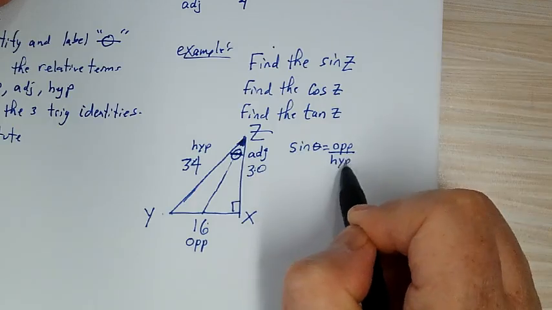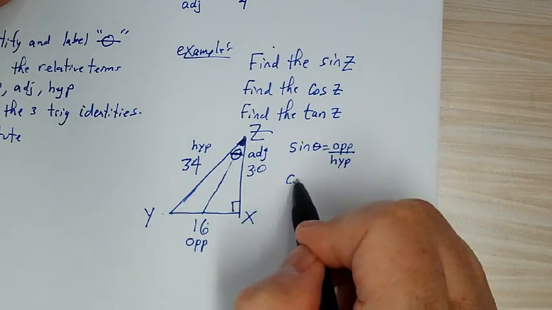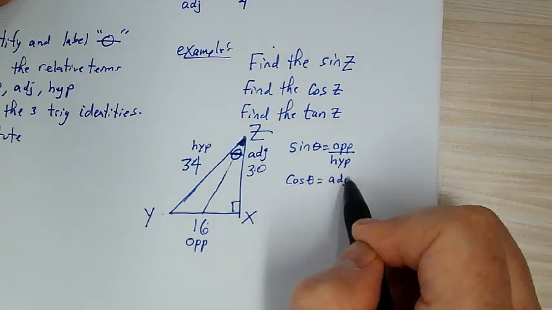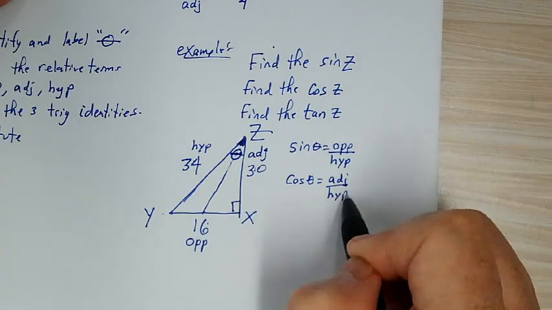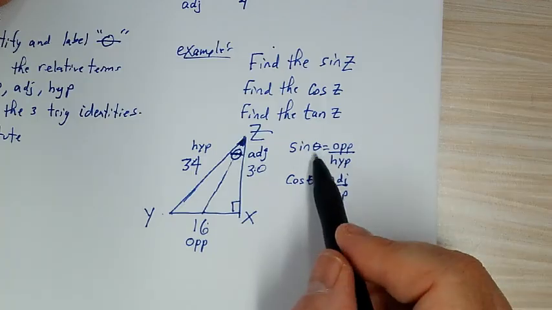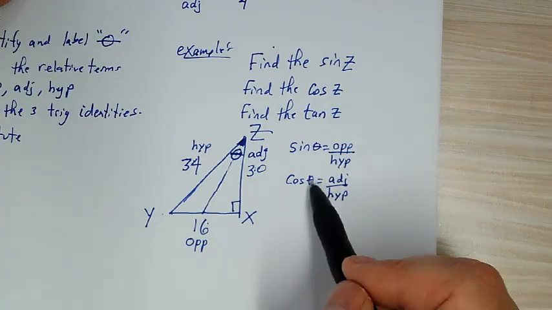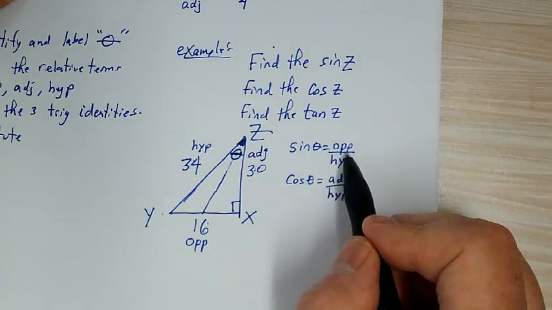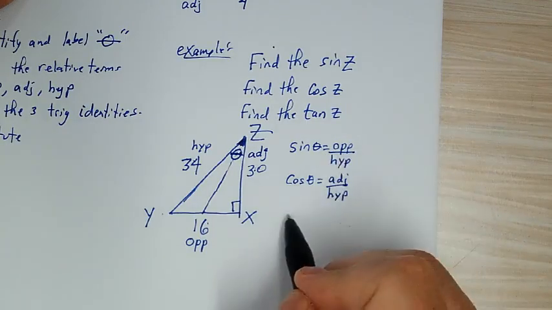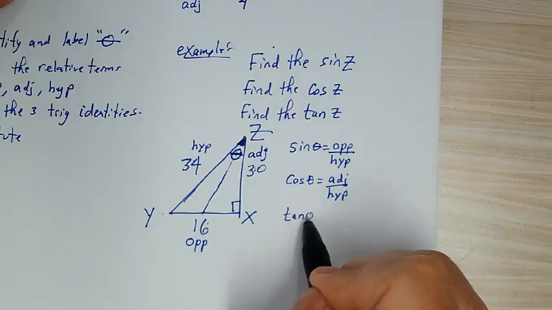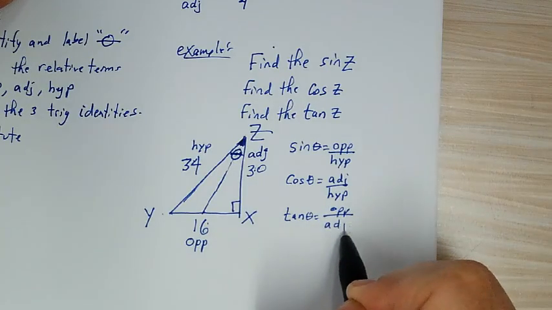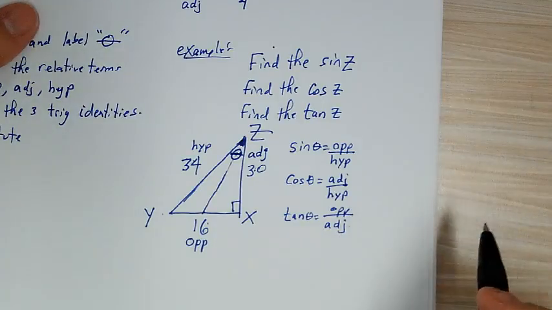We know the cosine of theta equals the adjacent side length over the hypotenuse, because we're defining the three trig functions as ratios. The three trig identities are written in terms of ratios, and the ratio for tangent of theta is the opposite over the adjacent. So to get our answers, we now know,